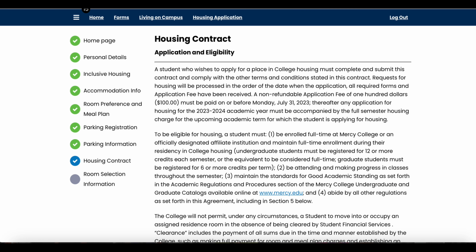Once you've completed all the necessary sections and read through the housing contract thoroughly, feel free to submit your applications. And with any questions, please feel free to reach out to